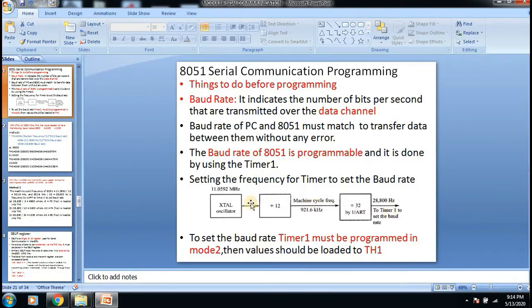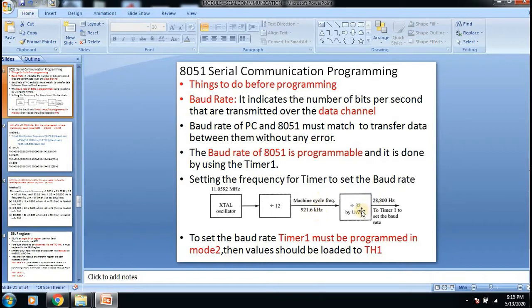To find the machine cycle frequency, we divide the crystal frequency by 12. So we get the machine cycle frequency, 921.6 kilohertz.